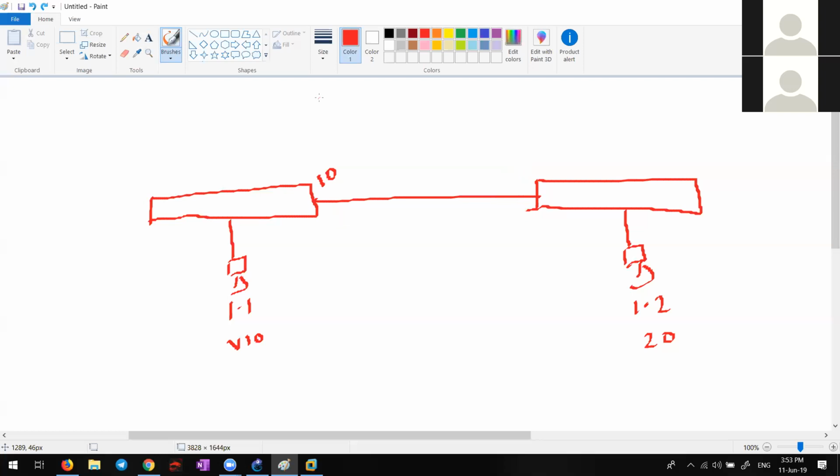Next scenario. This is a trunk. Will they communicate now? Nothing else. This is a trunk, VLAN 10, VLAN 20. Will they communicate with each other or not? No. Why? It adds a tag. Who will add it? The first switch will add a tag saying that it is coming from VLAN 10. So when it is received in the second switch, it will not forward it to the VLAN 20 interface. Correct?